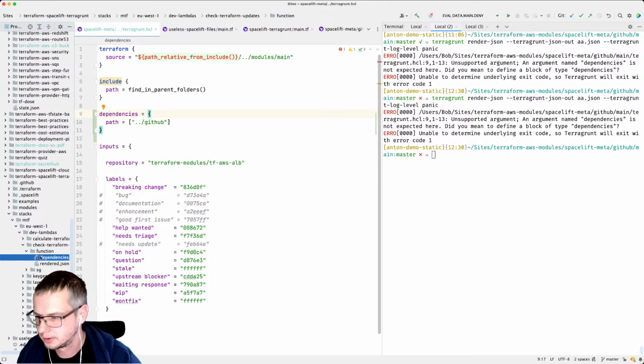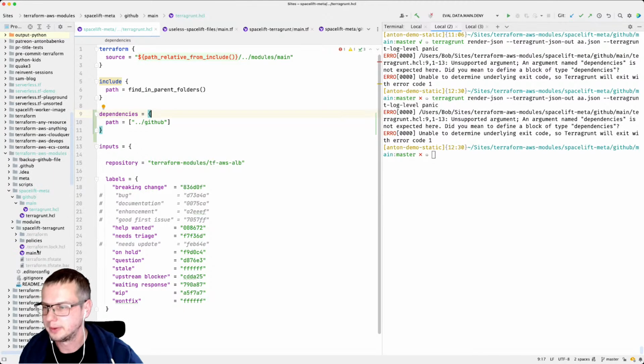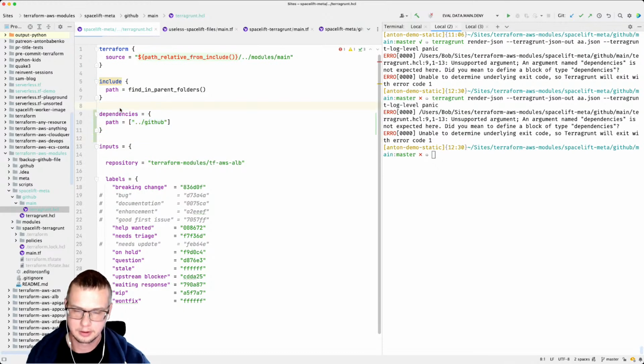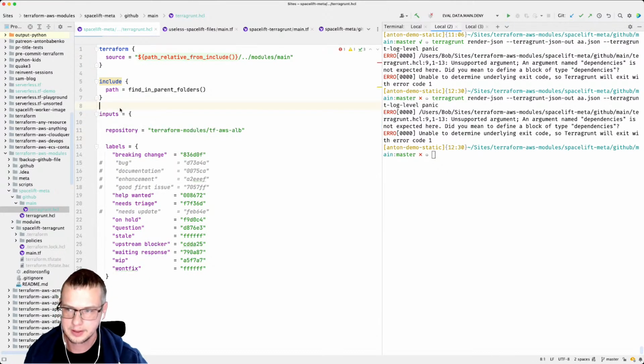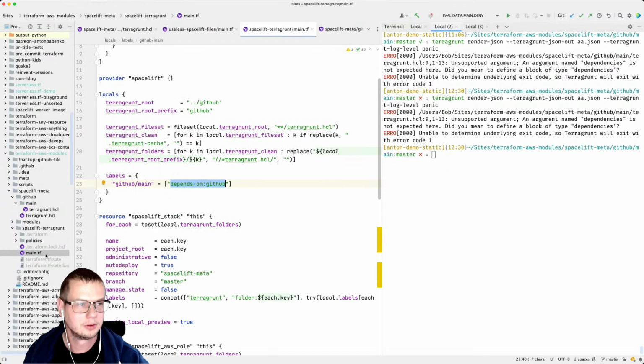No dependencies. Well, anyway, that's not the point which I wanted to make today. Imagine that you have your Terragrunt project and you've been using it forever, and you used features of Terragrunt. So what we need to do now is instruct Spacelift to